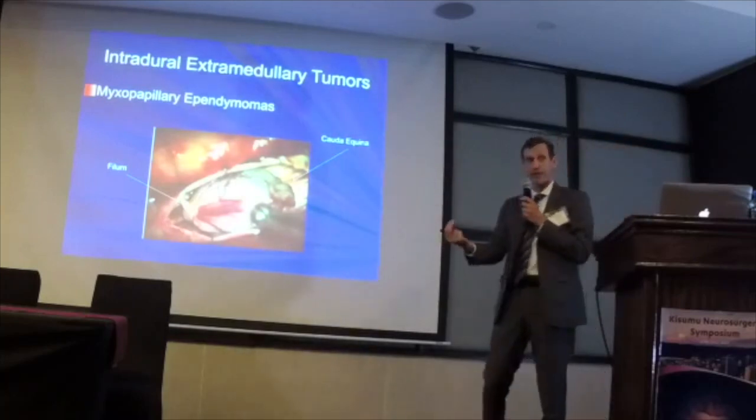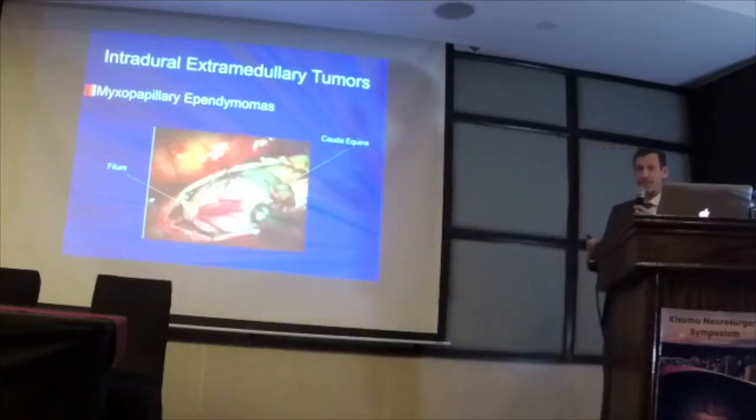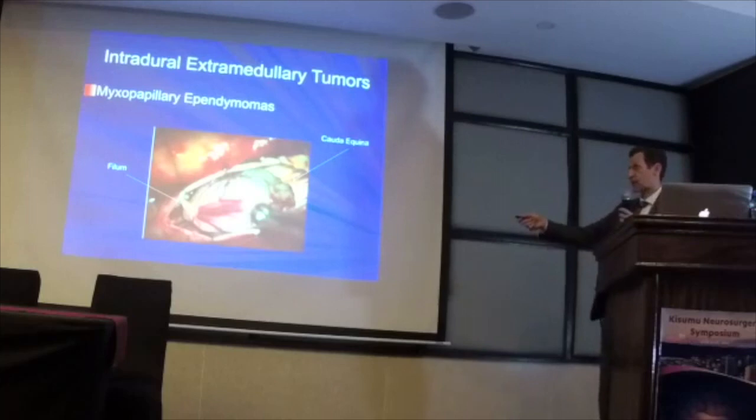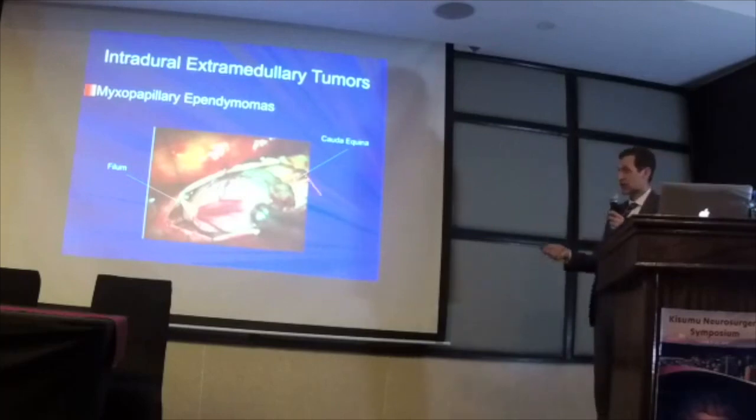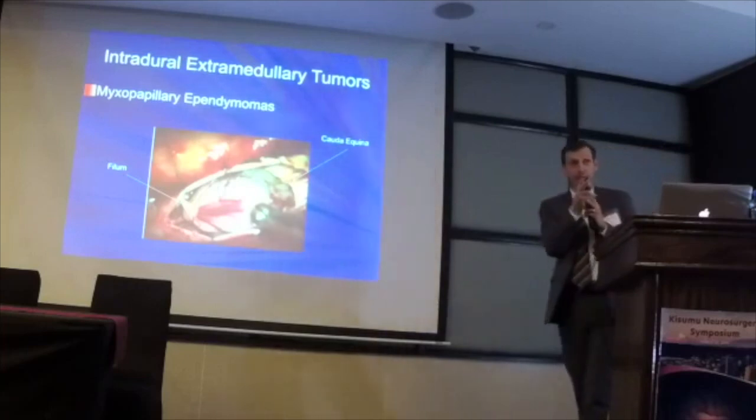These are found more at the level of the cauda equina, and they're resected much like other extramedullary intradural tumors. Just as a quick pearl, when we're taking out these myxopapillary ependymomas, because they're attached to the filum, which extends from the conus, when resecting it, you can first, as much as possible, try to dissect it from the cauda equina, but when it comes time to cut the filum, you don't want to cut the filum